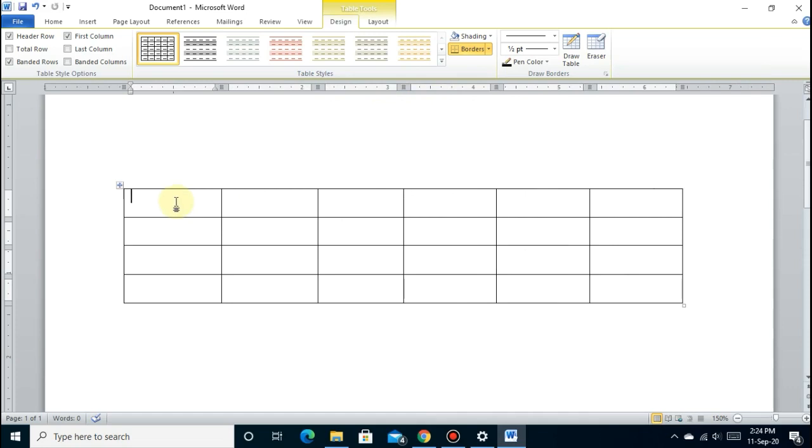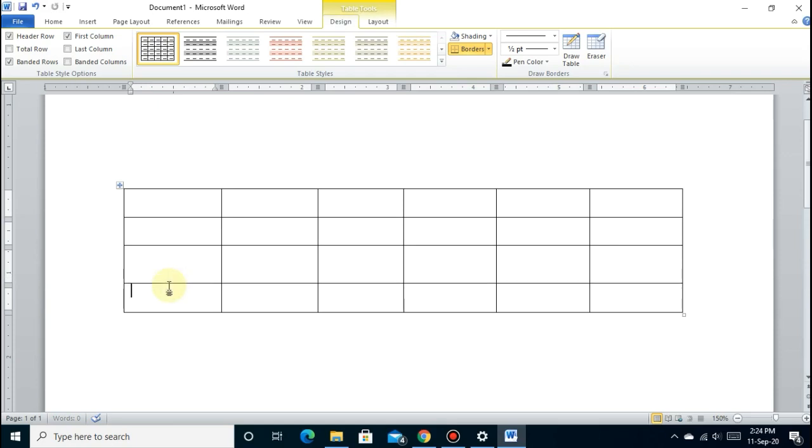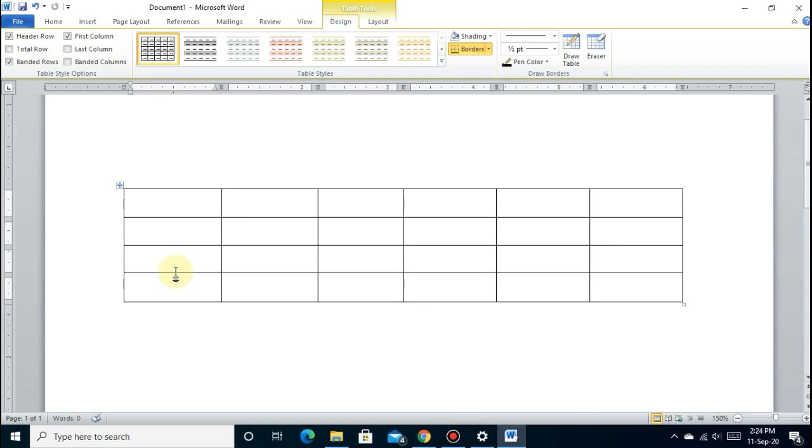And if you want to increase the size of rows, then you have to bring your mouse pointer over the line of a row, then click and don't leave the mouse button, drag it down to increase the size and drag it up to decrease the size.